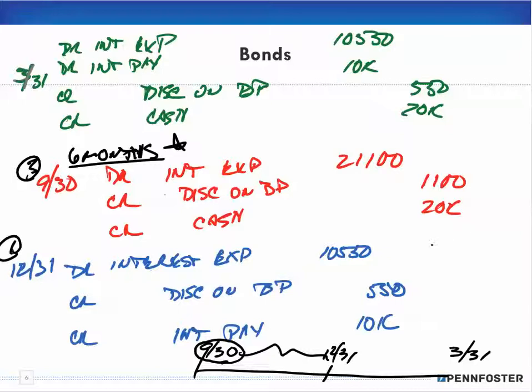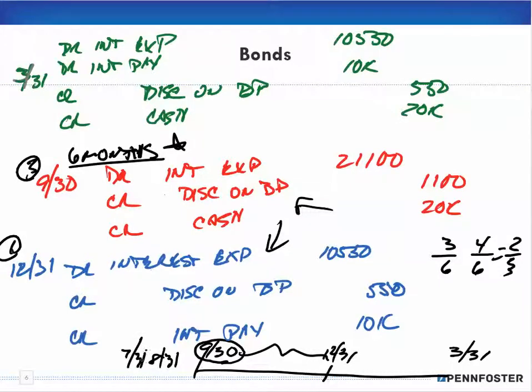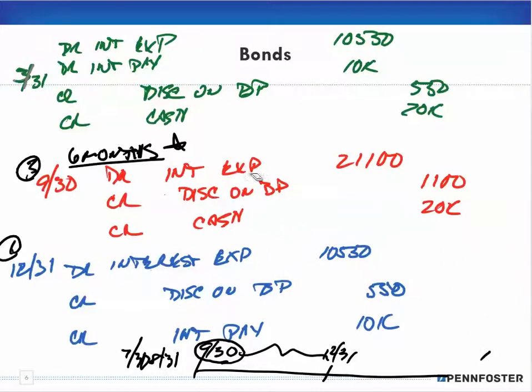Okay, so if that was a 3-month period, 3/6. If this was August 31st instead, well, that's 4 months, so it would be 4/6. So I take 2/3 of this entry and make that journal entry right there. I mean, if this was 7/31 or 7/30, whatever it is, right, that would be 5/6. So I take 5/6 of this entry and make it for that adjusting entry at the end of December. And of course,